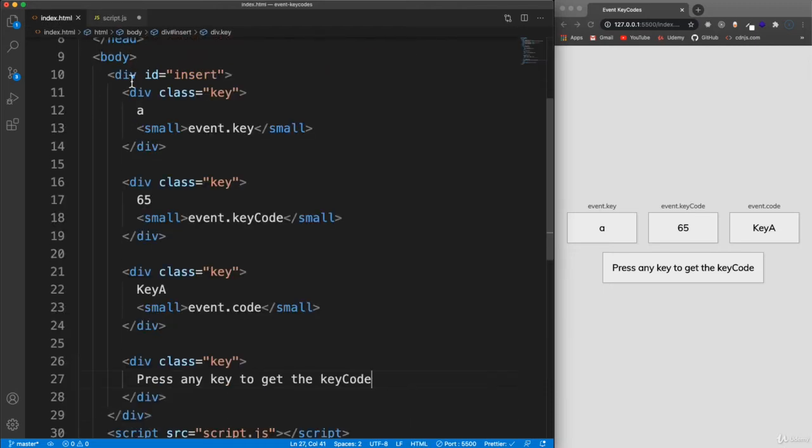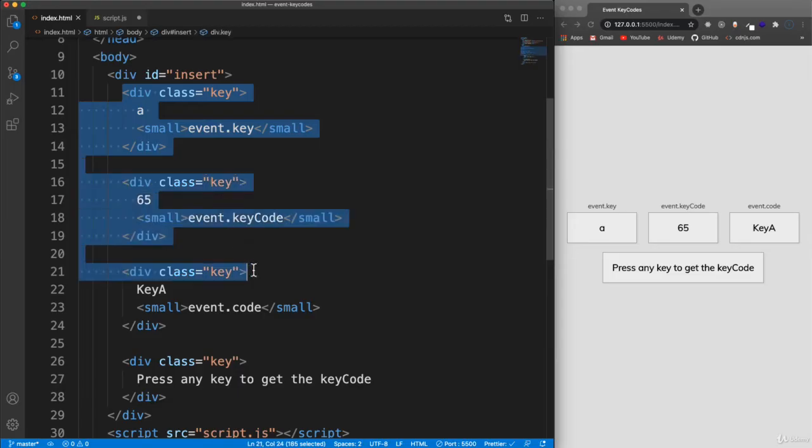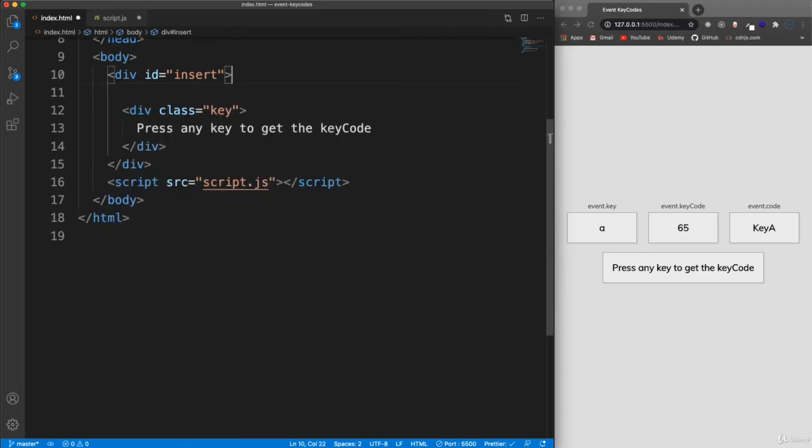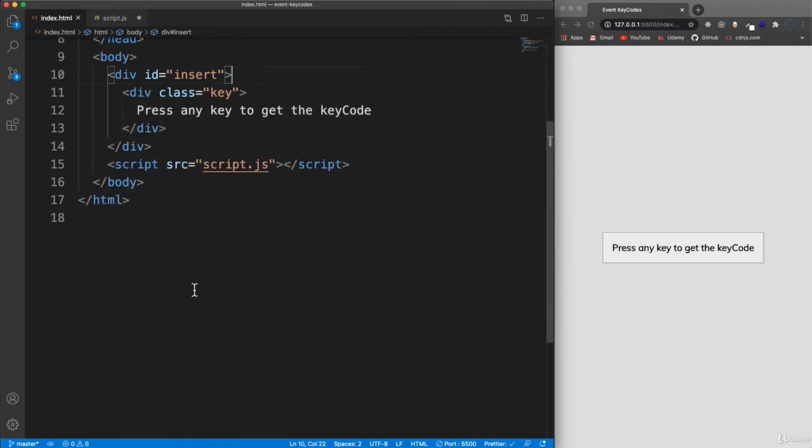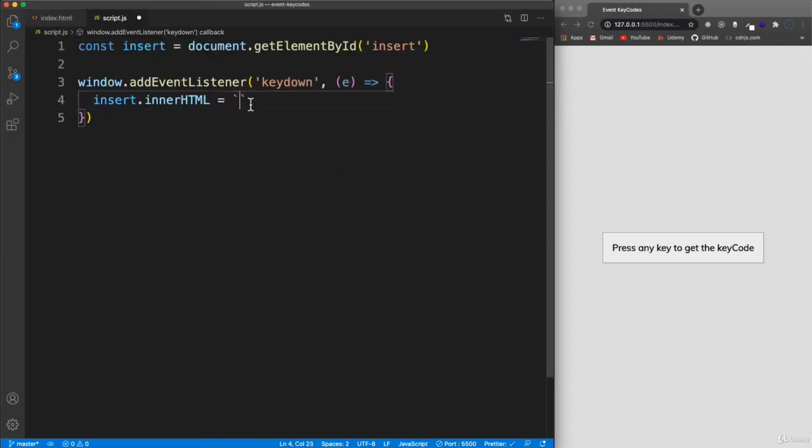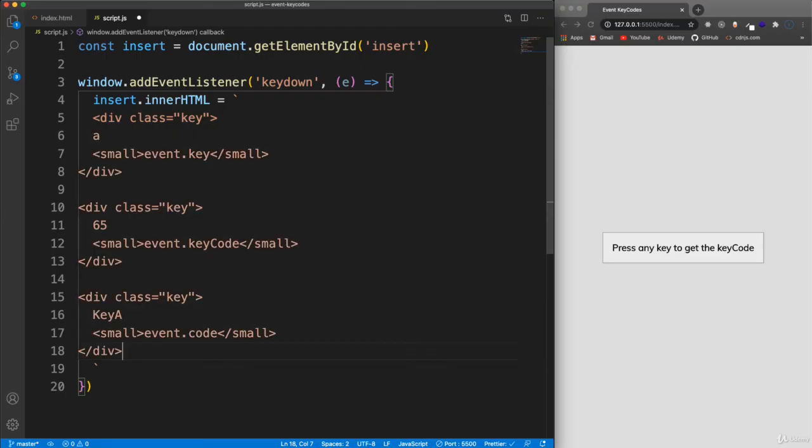Now I'm going to copy from index.html the 3 divs with the class of key, not the last one with just the text, but these 3 here. I'm going to cut them, not copy them, because we don't want those in there initially. And save, and now you're only going to see this one box. So in this innerHTML value, in this template literal, I'm going to paste this in, but I want to change